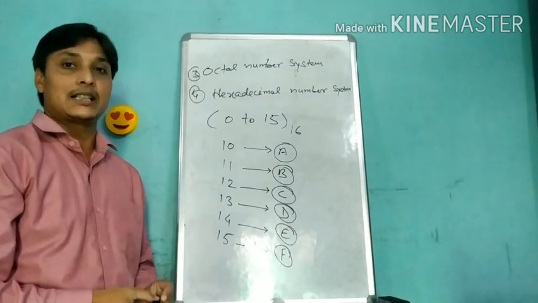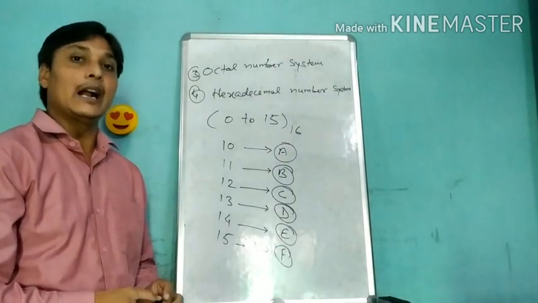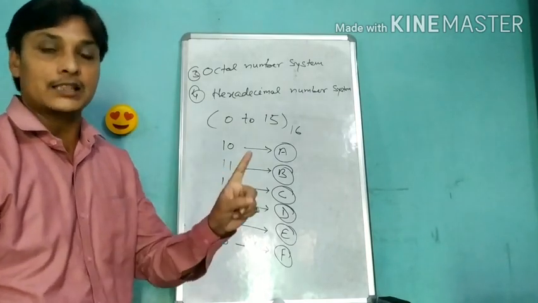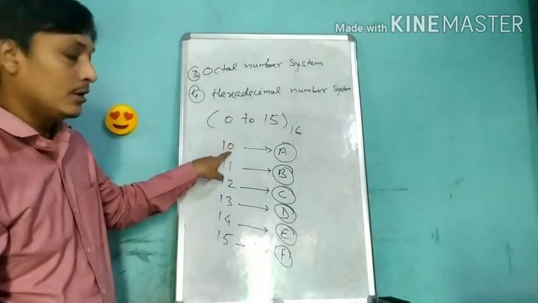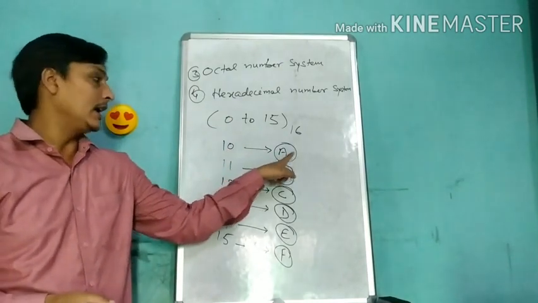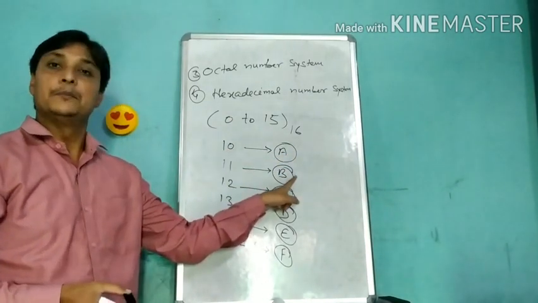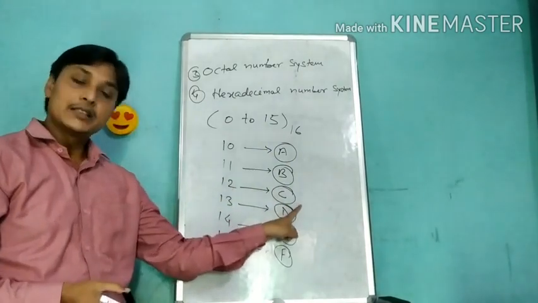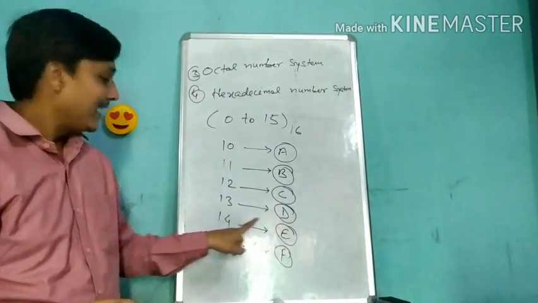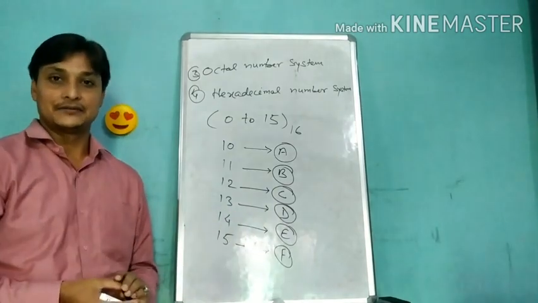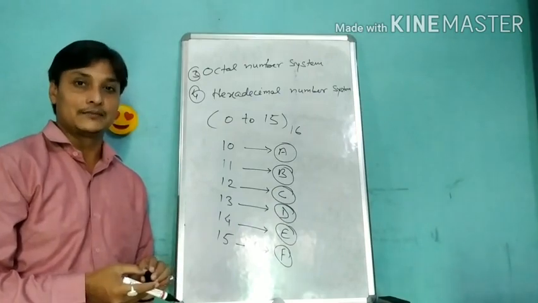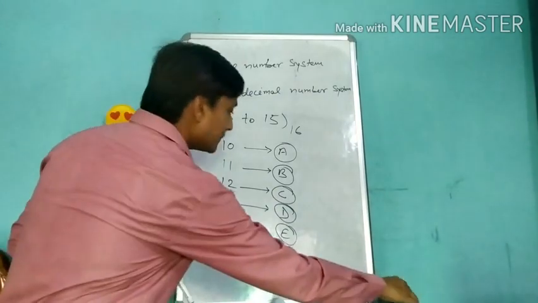Once we solve the hexadecimal number system, we pay attention to some points. When the value comes in 2 digits, the first such value will be 10. The value of 10 will be alphabetically A, likewise 11 will be B, 12 will be C, 13 will be D, 14 will be E, and the last one will be F. Is that clear? Now I am going to write some questions and I will solve them. Is that clear, student? Good.